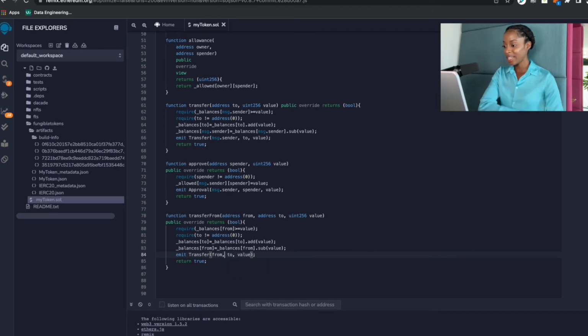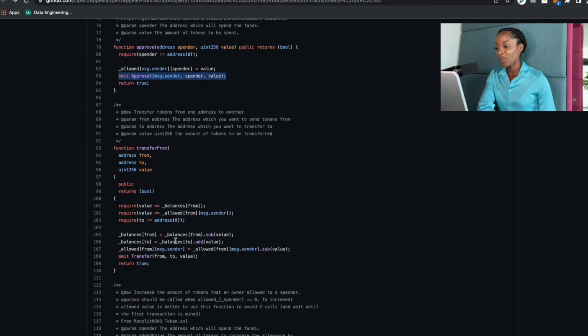Let's see if that's what they did. All right, so they're saying all right. Okay, so they're just making sure that the value... Oh, makes sense. Because you remember, I told you guys a reason why you would like to implement the transfer